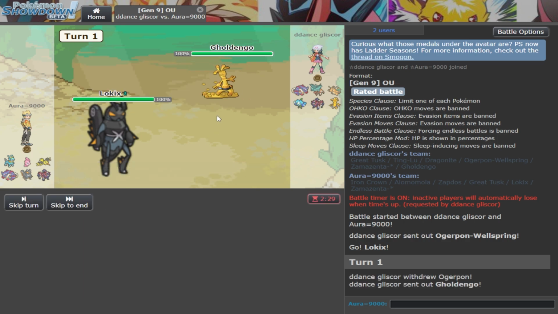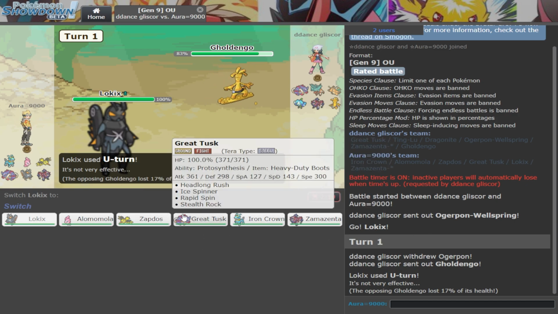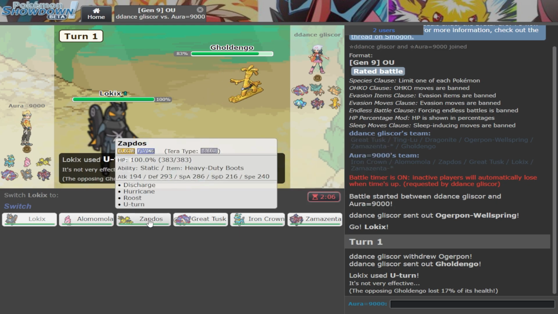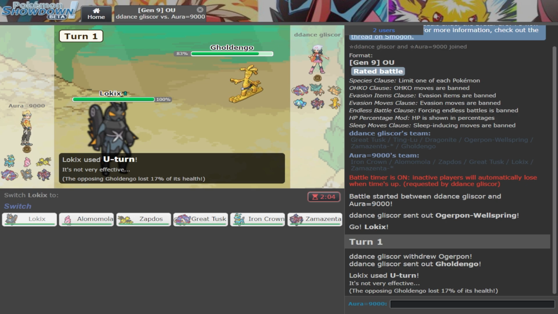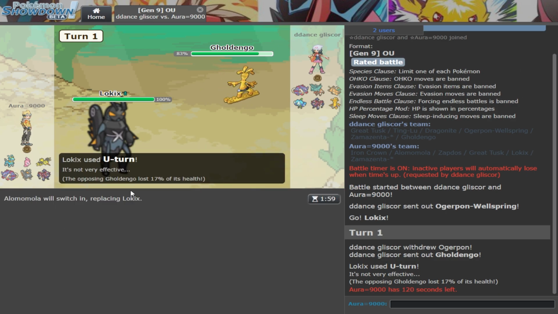Yep, Goldengo. Wow, I like how they go Goldengo. That has to be defensive, bulky, but it's still risky, to be fair. But it's a safer play, I guess. That's true. So we're looking at a defensive Goldengo. I need Zapdos for Tusk and Zama, so I'm just gonna go Alo and figure out what kind of Goldengo